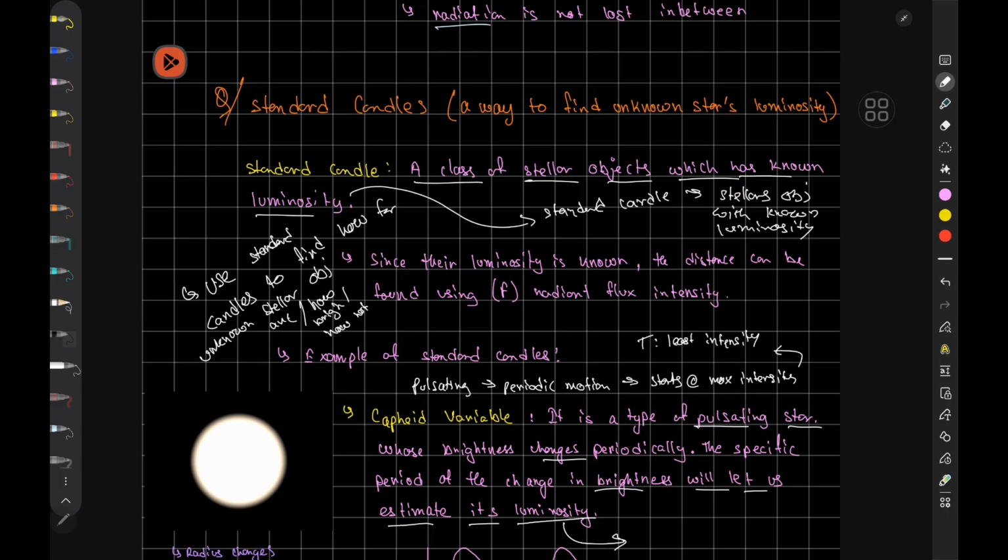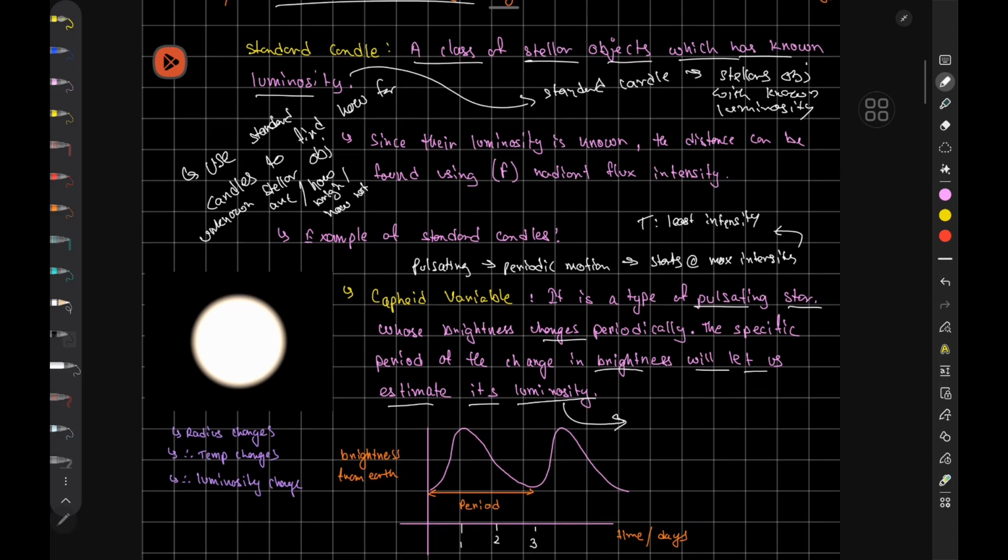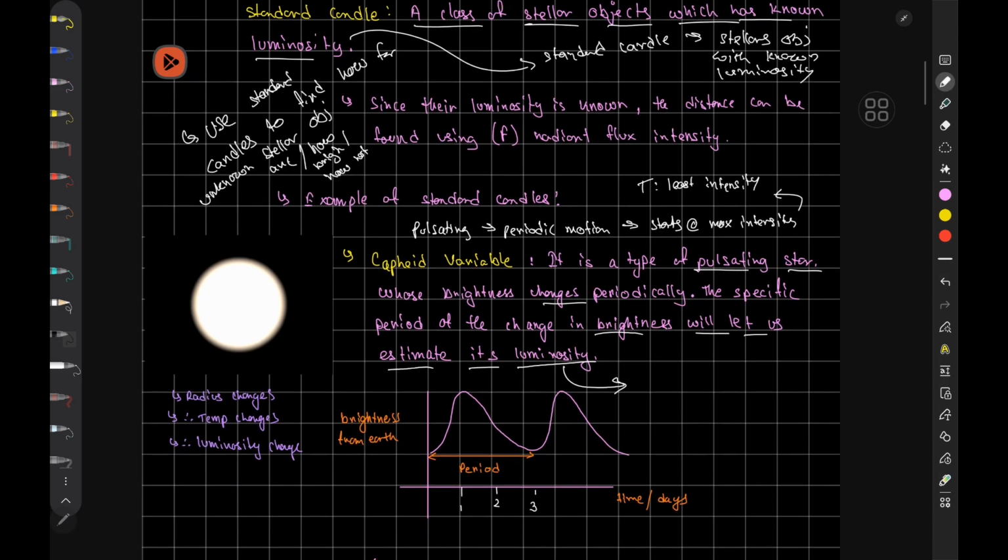Hopefully it makes sense a bit, and you will get a better idea when we do the thought process of how it's really done. So standard candles are basically a way to find an unknown star's luminosity, and also how far they are. Since the luminosity is known, the distance can be found out using